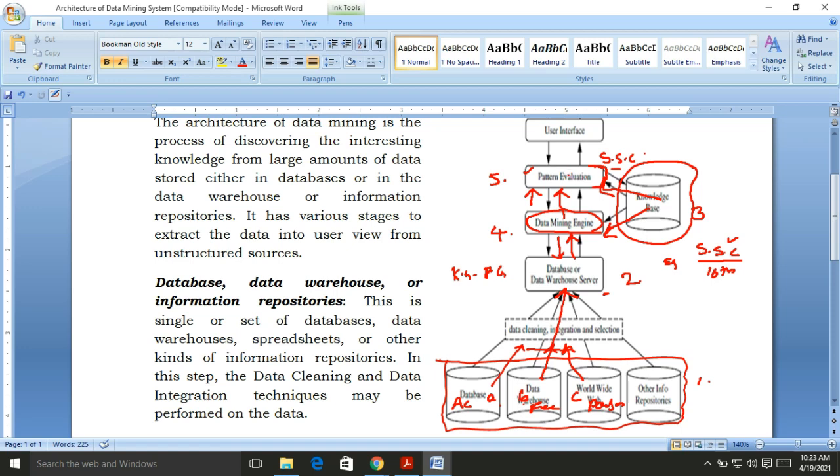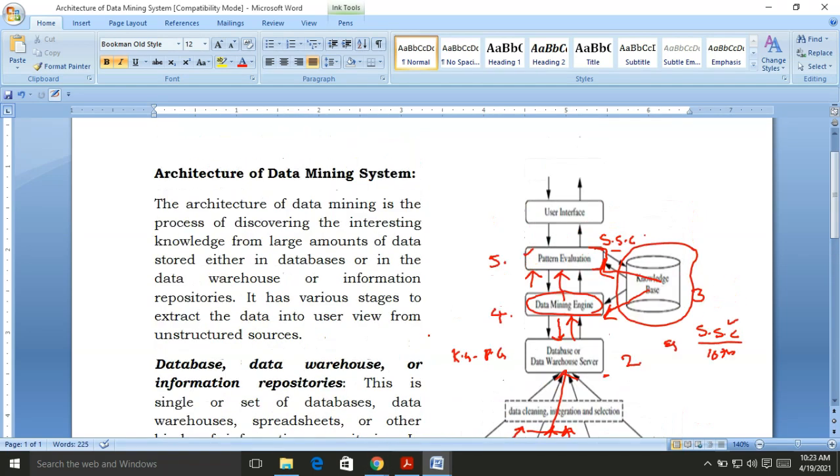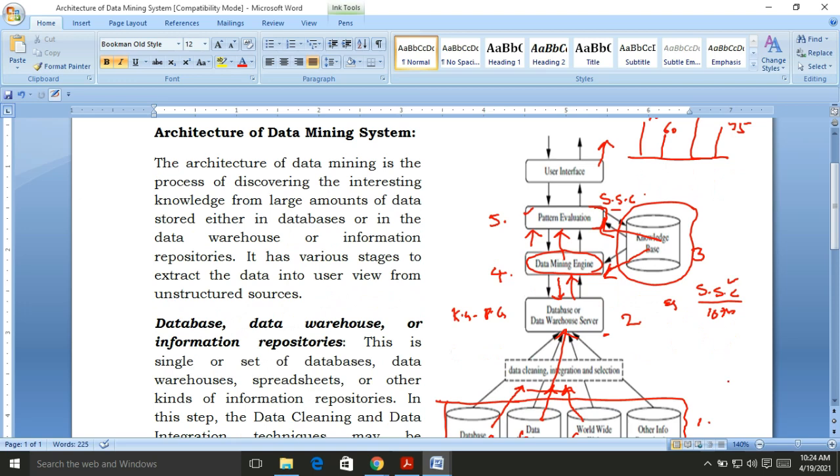And the final one is the user interface or graphical user interface. Here we present the data in the required format. Suppose the SSC marks are 70% and plus 2 marks are maybe 60%. BTech marks are 85% and post graduation PG marks are, for example, 75%. Maybe like charts like that. So this is the graphical user interface, or generally the user interface. These are the steps, or the phases, in the architecture of the data mining system.